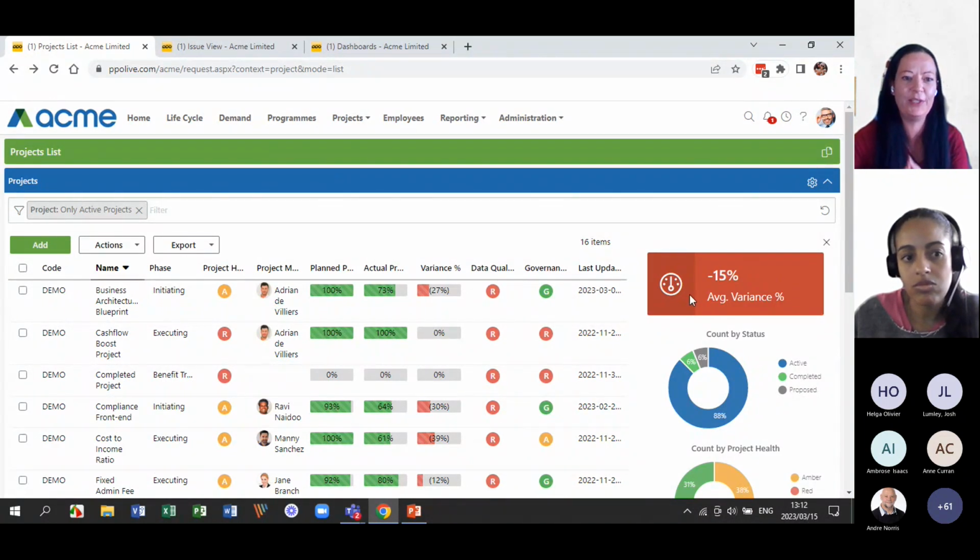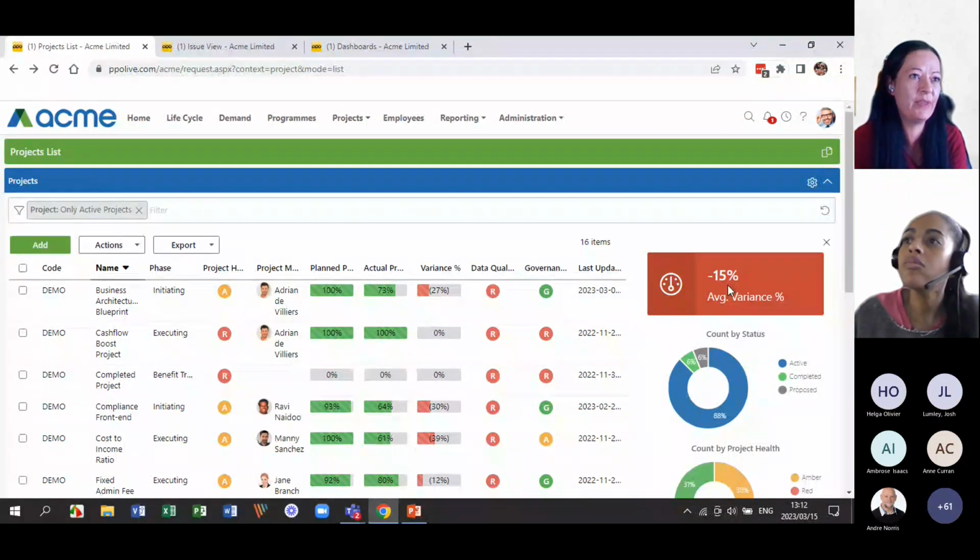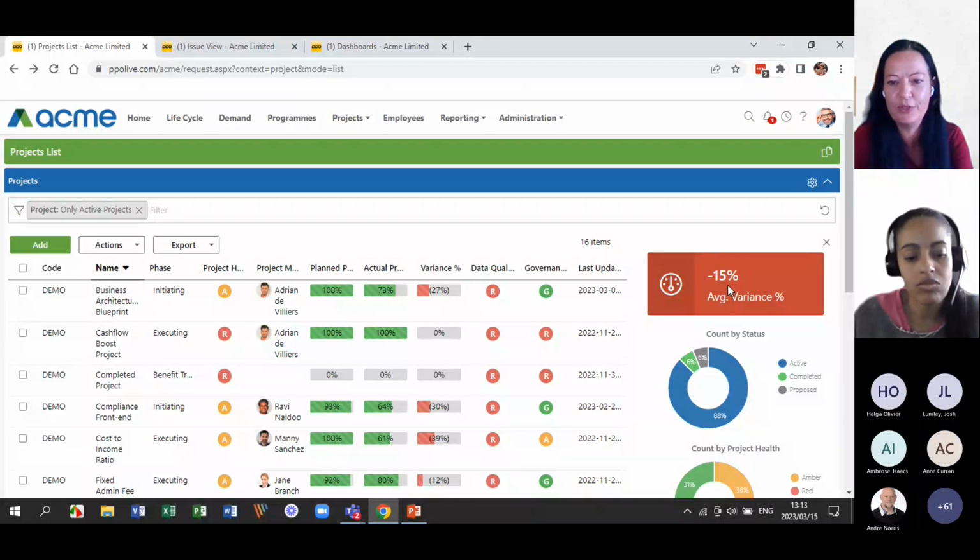I unfortunately don't have something to show for it yet, but based on certain values, you can say, I want to see this in red, I want to see this in amber, or green, or whatever the case may be. So that is something that is coming up in the very, very near future when it comes to further improvements